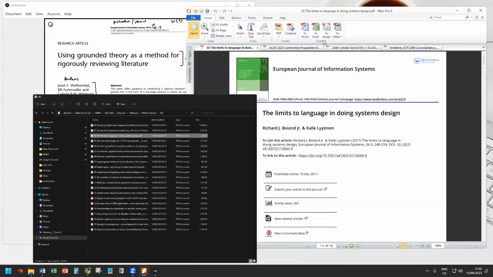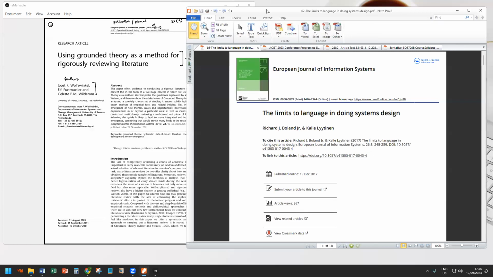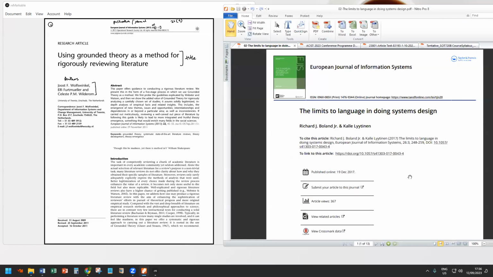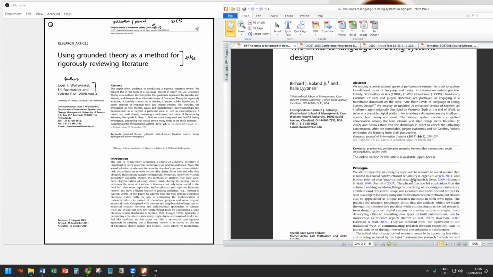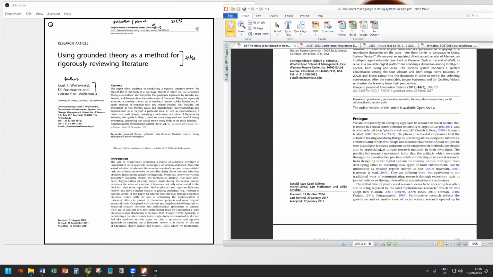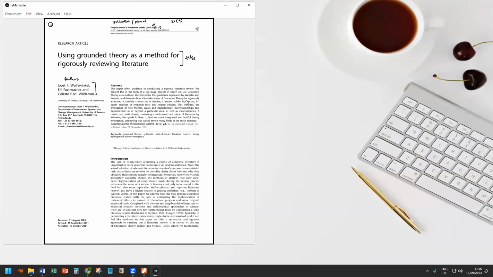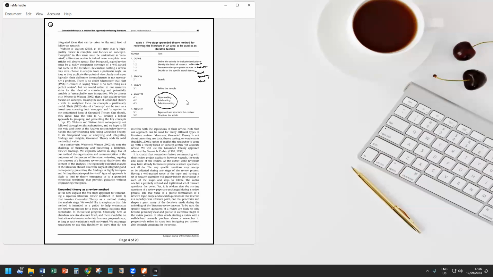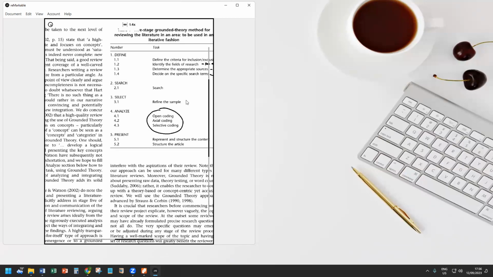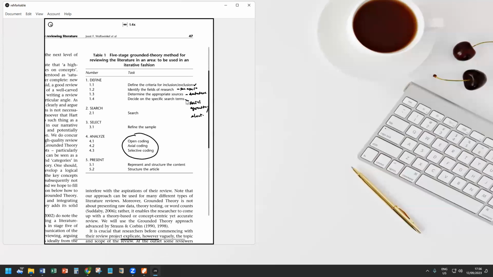So this is the kind of literature that we are going to review. We are going to read to find out what are the main issues that have been studied, and then we are going to review them. So there's a method for conducting a review. And from this paper, the method includes a 5-step process. So here are the steps. The first step is